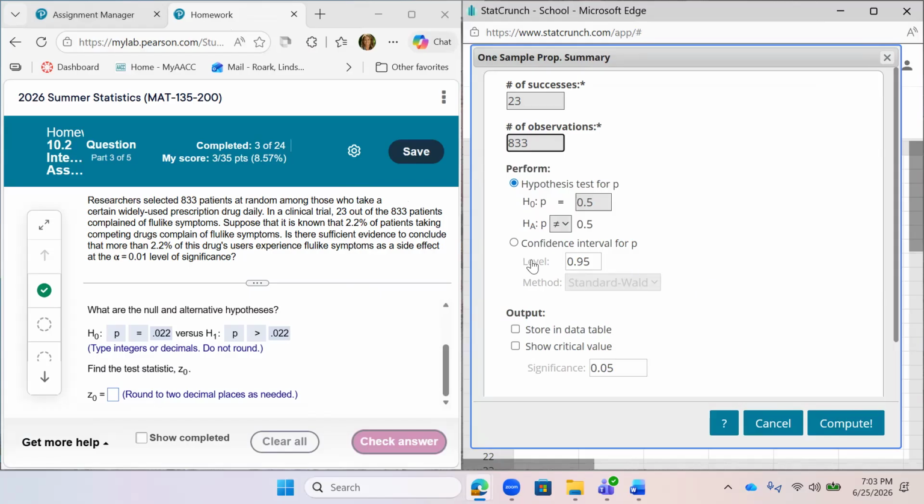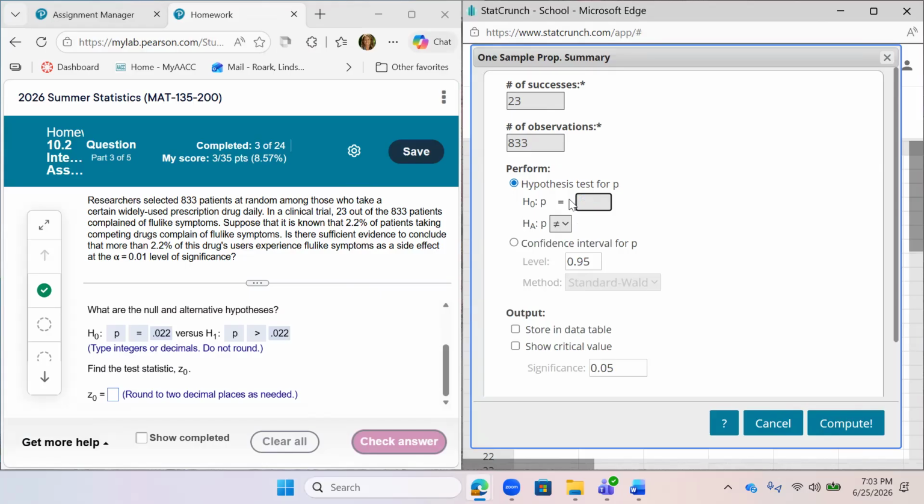And remember back in chapter 9, we would select confidence interval, but we don't do that here. We don't want a confidence interval based off of that sample data, although sometimes they do have us do hypothesis testing with confidence intervals. But here they want the test statistic and a p-value. So we just leave it on hypothesis testing. And here we'll go ahead and change